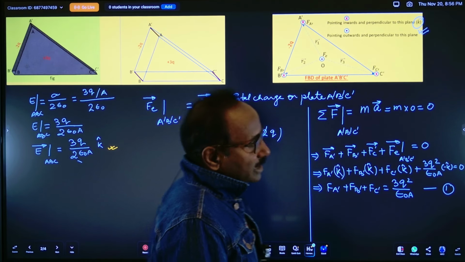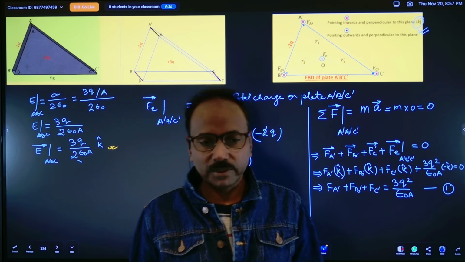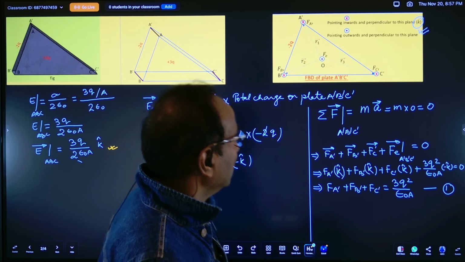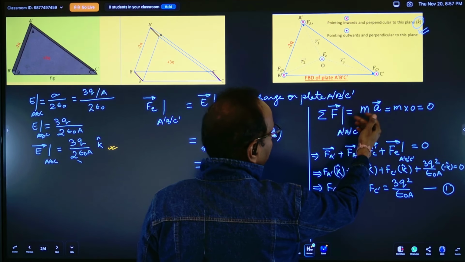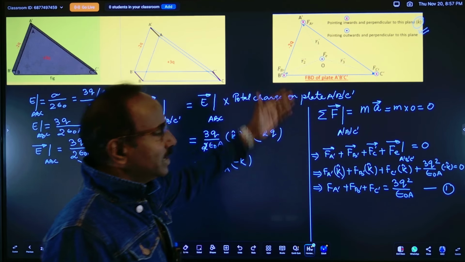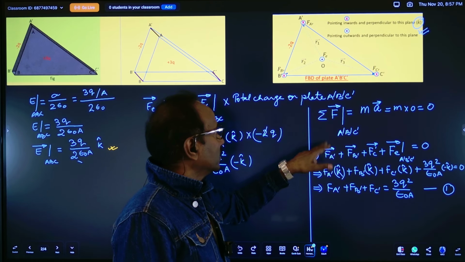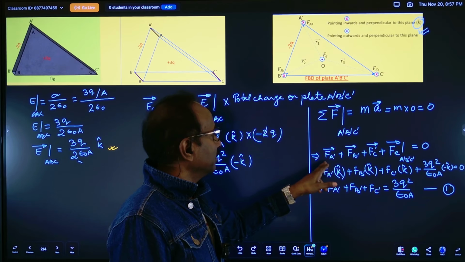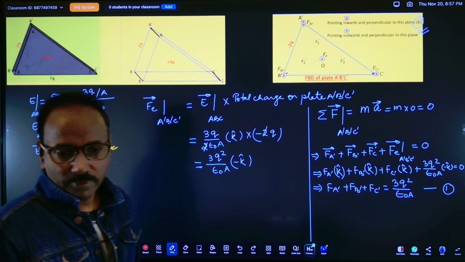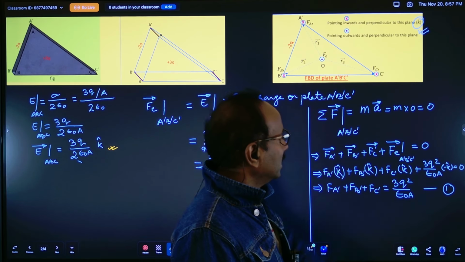अब इस प्लेट असेंबली का कोई मोशन नहीं है, कोई एक्सेलरेशन नहीं है, तो A प्राइम B प्राइम C प्राइम पे जितने भी फोर्स लग रहे हैं हम सबको वेक्टर सम करते हैं। वेक्टर सम क्या होना चाहिए, समेशन ऑफ F, हम जानते हैं न्यूटन्स लॉ से, मास इनटू एक्सेलरेशन। एक्सेलरेशन जीरो है, कोई मोशन नहीं है, तो इट मीन्स कि समेशन ऑफ F, जो ऑल फोर्सेस जो A प्राइम B प्राइम C प्राइम पे लग रहे हैं, उसका सम जीरो होगा। ठीक है, तो यहाँ से आपको ये इक्वेशन नंबर 1 मिल गई।